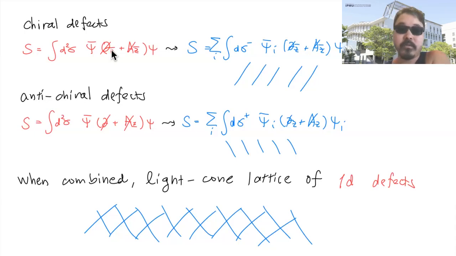So when you try to discretize, you discretize in the other direction. So it has a W bar derivative, and you try to discretize the W direction by simply replacing the integral by a Riemann sum. And you have the discretized action for each of them, which is a one-dimensional fermion. And you have the same thing with the anti-chiral defect, but the derivative appears in the W direction, not in the W bar direction. So when you discretize, it's in the other, transverse direction. And when you combine, you get the light cone lattice of defects, where each of the defects is one-dimensional, and depending on whether it's chiral or anti-chiral, it spreads in different directions.